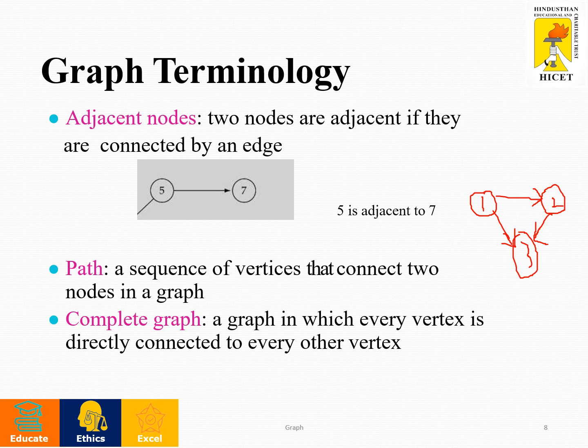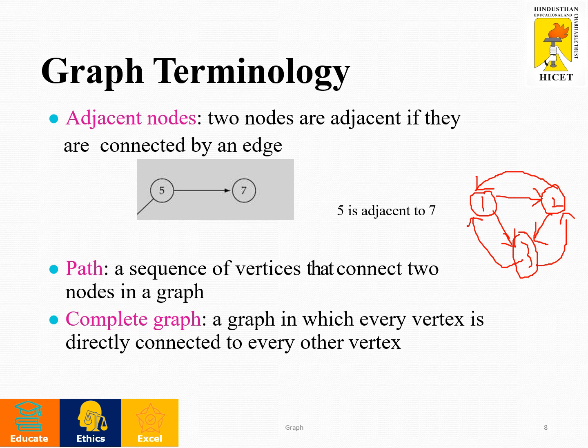Complete graph means you start from vertex 1 and there should be possible paths to reach all the other remaining vertices. Yes, from 1 there is a path from 1 to 2, 1 to 3. The same way it applies to all the other vertices also. If you take 2, from 2 you can reach 3, and from 2 you should reach 1 also. The same way 3 to 1 and 3 to 2. So for every vertex you can travel from that particular vertex to all the remaining vertices of the graph. That is the complete graph.